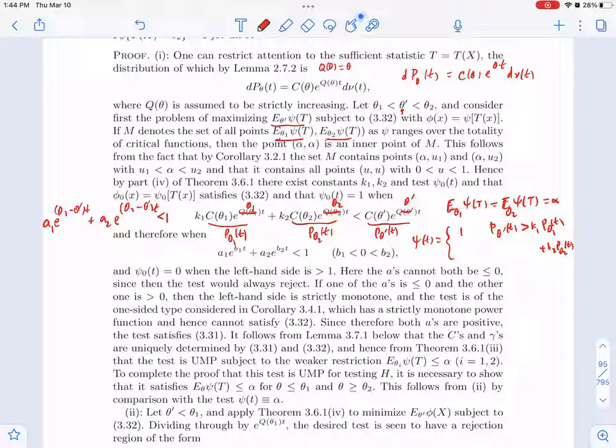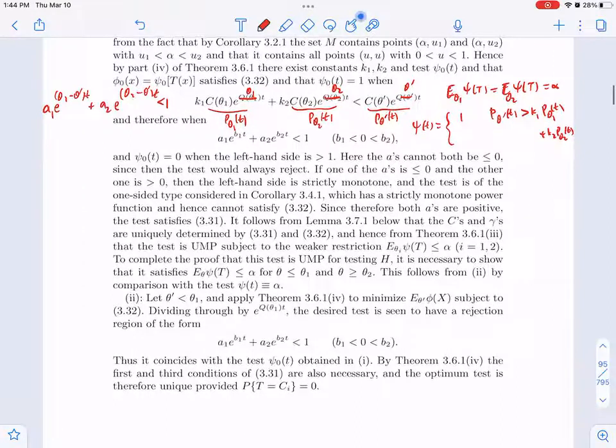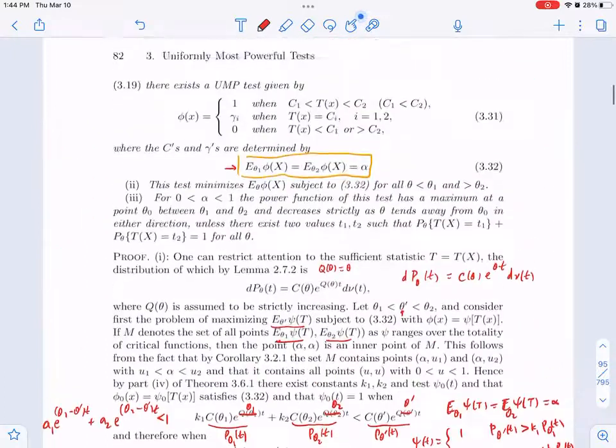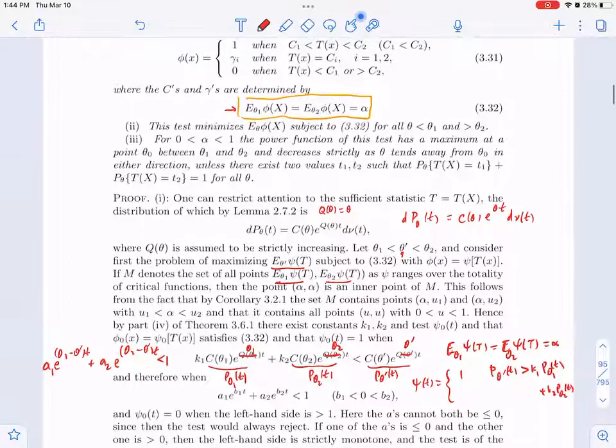And what do we conclude here? Since both are positive, the test satisfies... Okay, right here. Oh yeah, okay. So because they're both positive, then I can try to solve this,